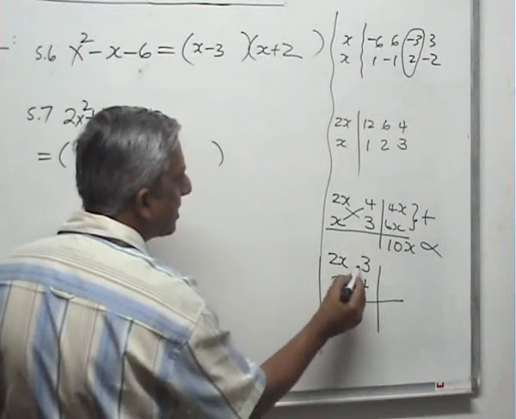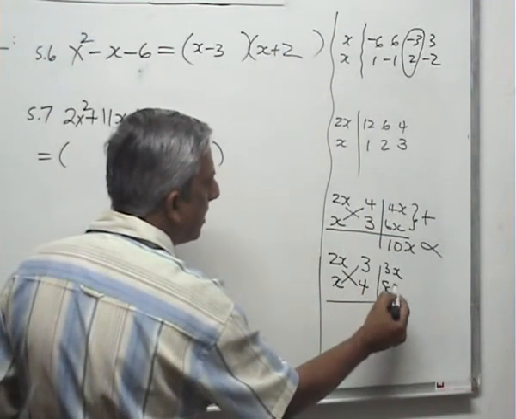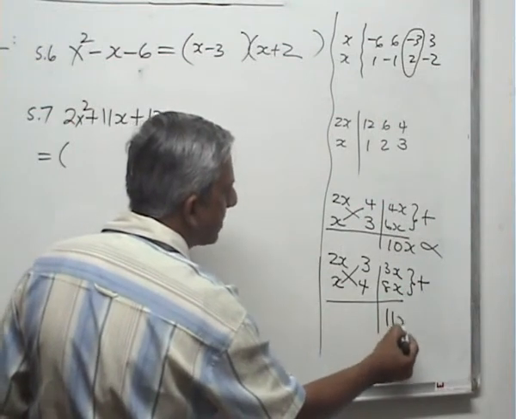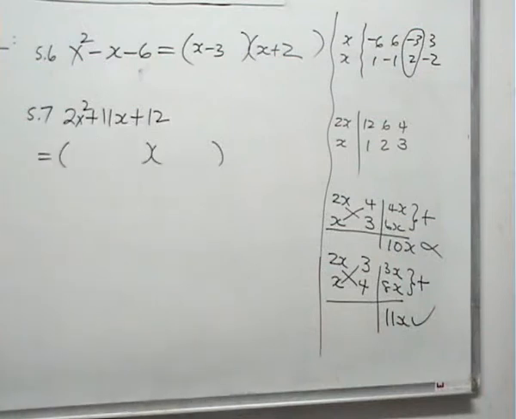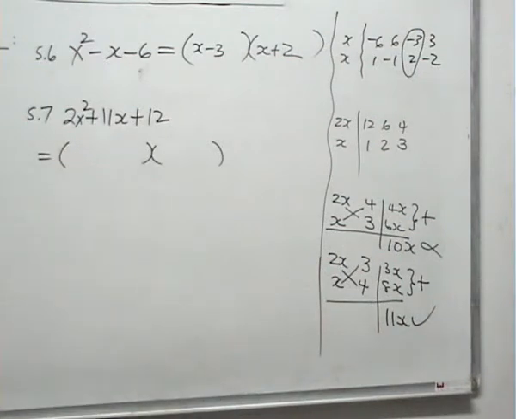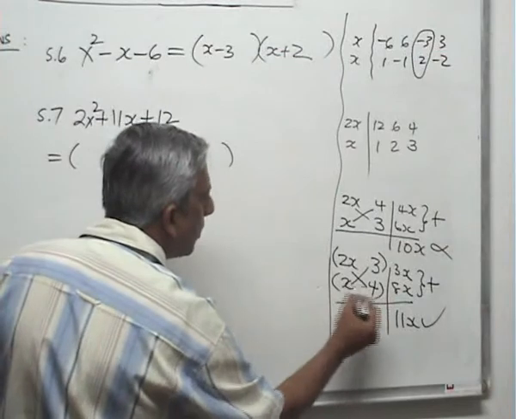And then try it. x times 3, 3x. 2x times 4, 8x. Add it up, 11x. And voila, we got what we wanted. We wanted 11x, we've got it. So be careful now. The top two will go in one bracket and the bottom two will go in one